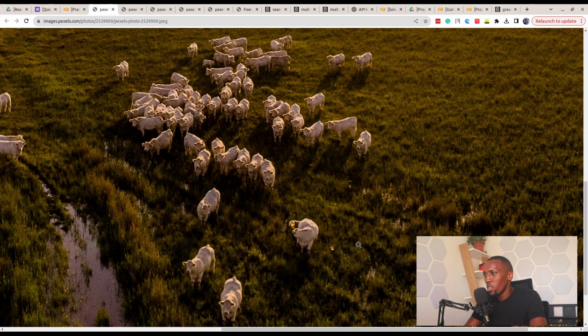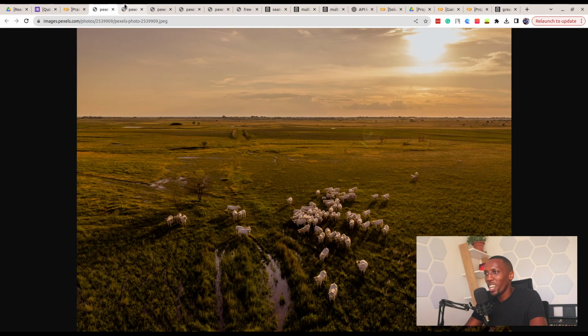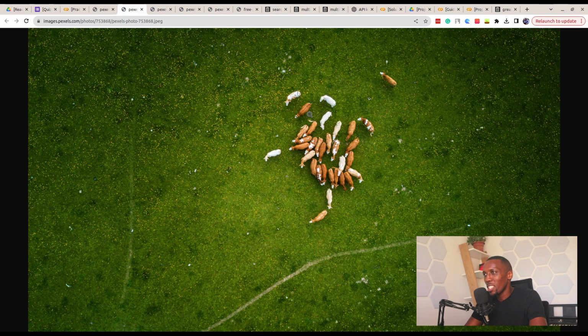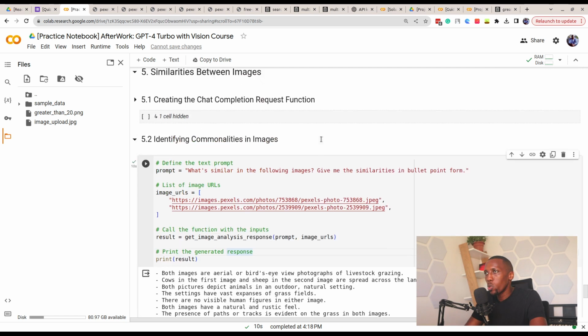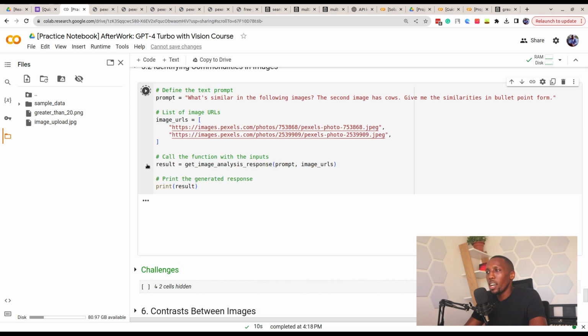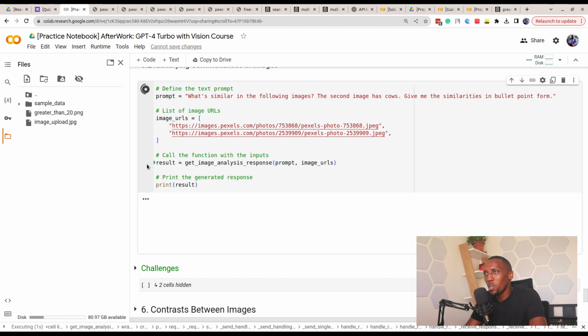So here is where you can get some inaccuracies. If you look at it closely, they're not sheep. These are actually cows. All of them are actually cows. So that's a use case of being able to do that. But you could always say the second image has cows, or both images have cows. It's something that you could always explain. Sometimes the model can make mistakes, so you need to spot those mistakes and assist it in that process of analysis